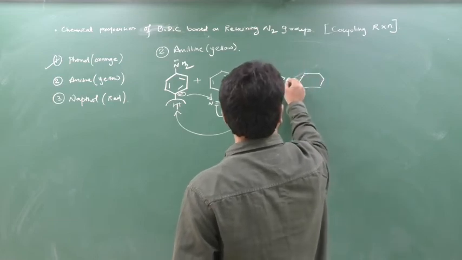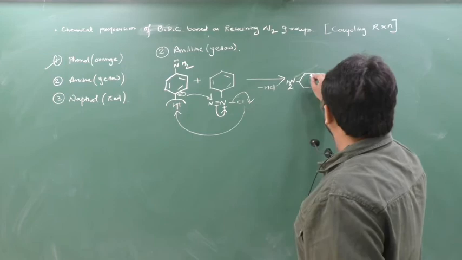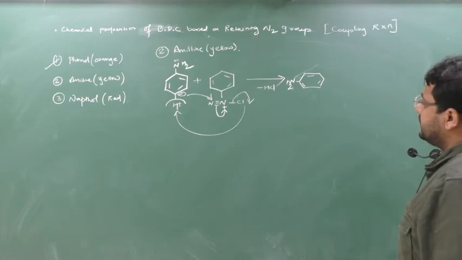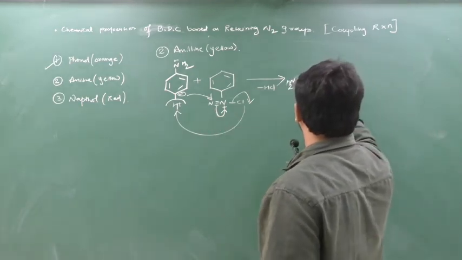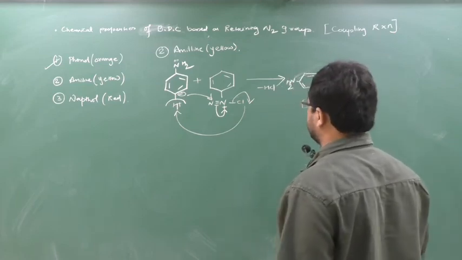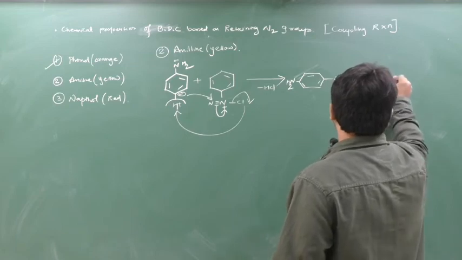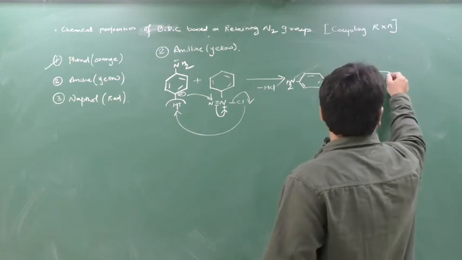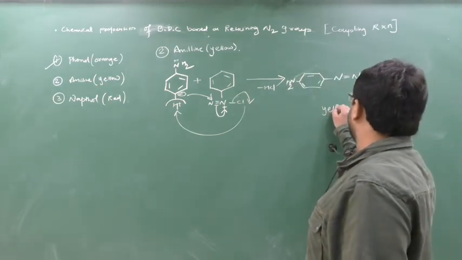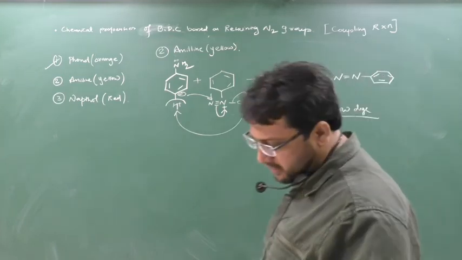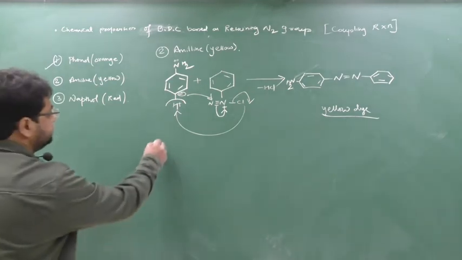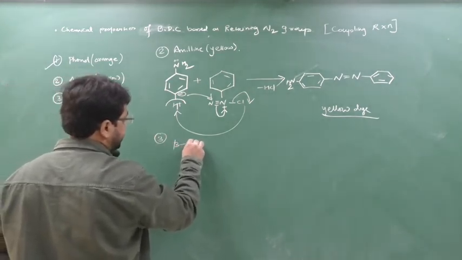This is NH2. Clear? Here bond here and here. Done? Or any way you can show. This is coupling with this nitrogen. Triple bond goes to double bond, and Cl has moved as Cl minus. This is your aniline yellow dye. This is your yellow dye. Add on this, or you can say aniline yellow. That's it. Same mechanism. Next is naphthol red, or I can say beta naphthol red.